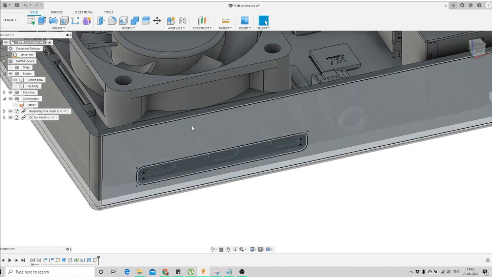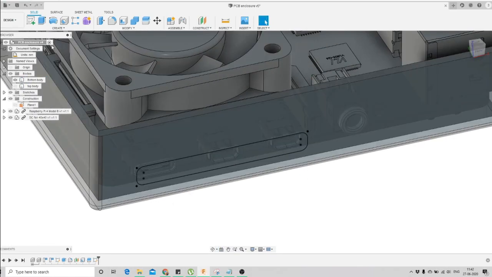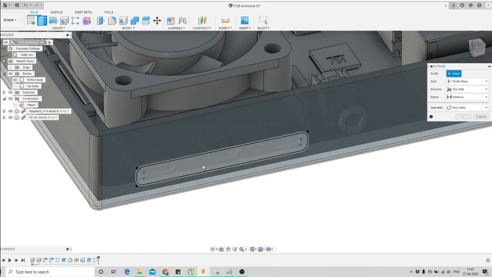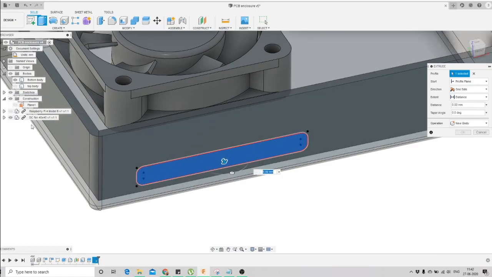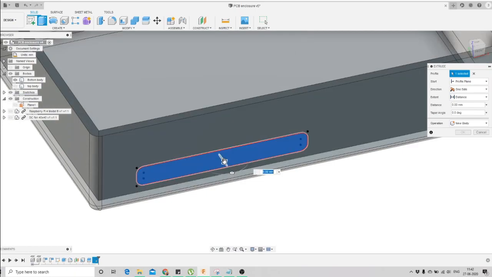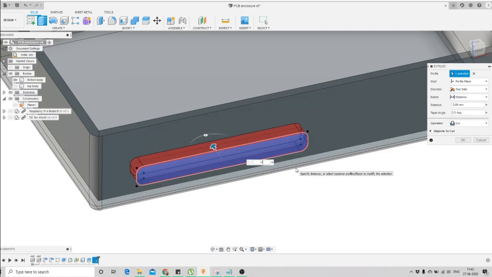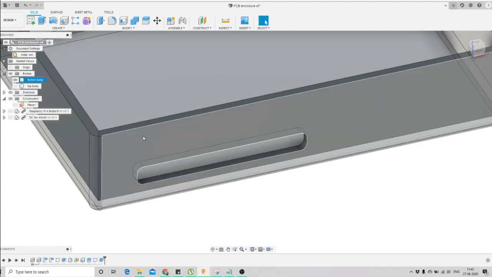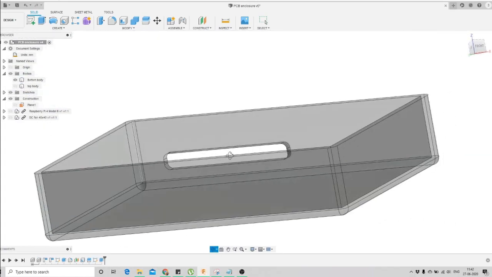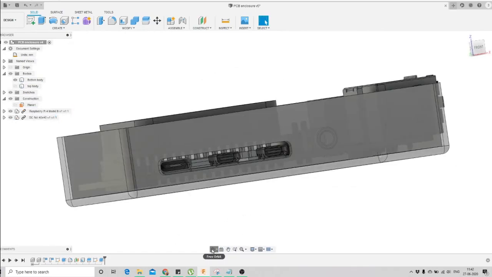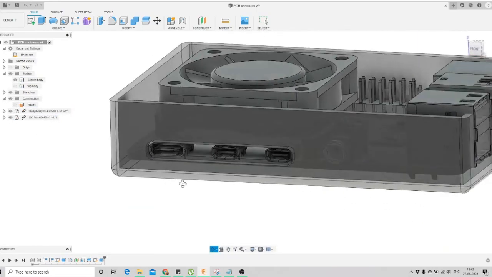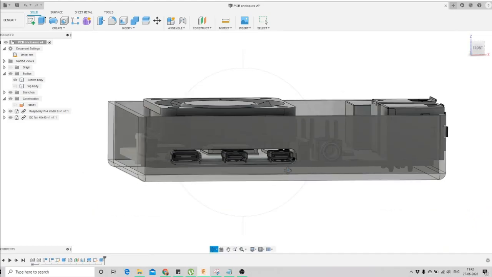Now we want to cut along this body, so we'll select the extrude option again, select the sketch profile that we want to cut, then switch off the Raspberry Pi model and also the fan model, and drag it backward by -2 mm. So here you can see we have made a great looking cut here for our PCB. If I switch on the components, here you can see this is our opening for all these three components.